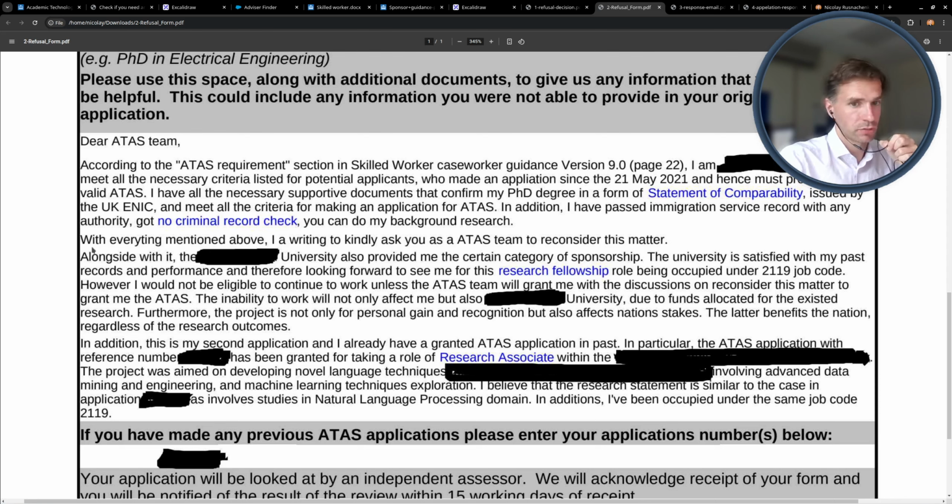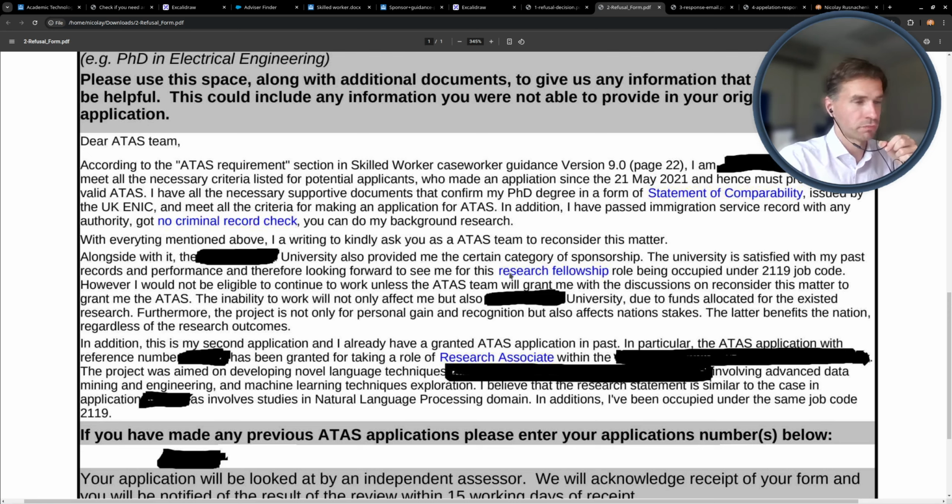The next part is that you have to have an ATAS, which this line says, you kindly ask the ATAS team to reconsider the matter, followed by the actions that were performed with the university.